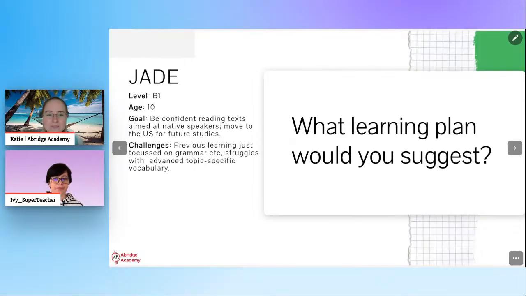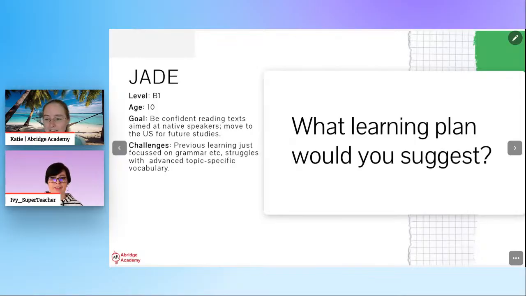The thing as well I noticed is that if you look at a lot of textbooks, and to some extent the Average Academy core curriculum is also guilty of this, there's often quite a lot of focus on grammar and formal, accurate writing skills. Whereas this particular student is bored and fed up of too much grammar. So it's quite a challenge finding stuff that's age appropriate and still fun and engaging, and it's going to help her achieve her goals.